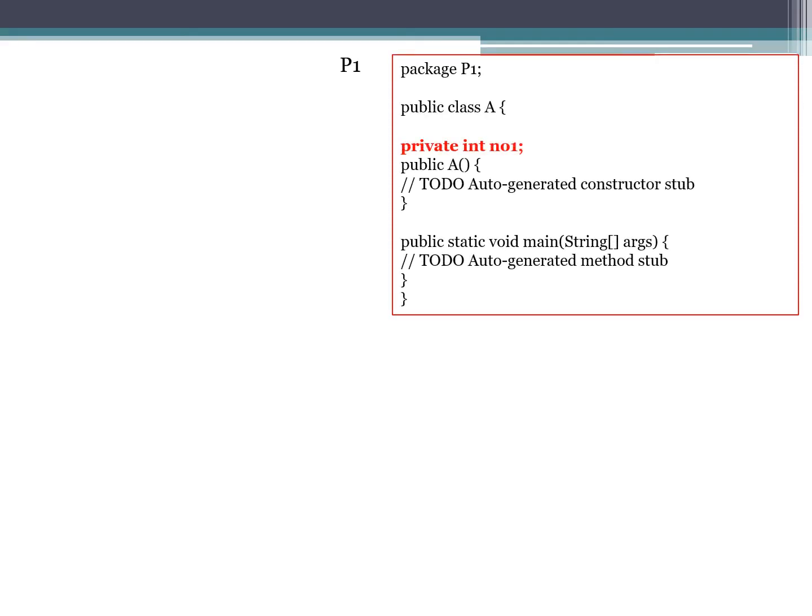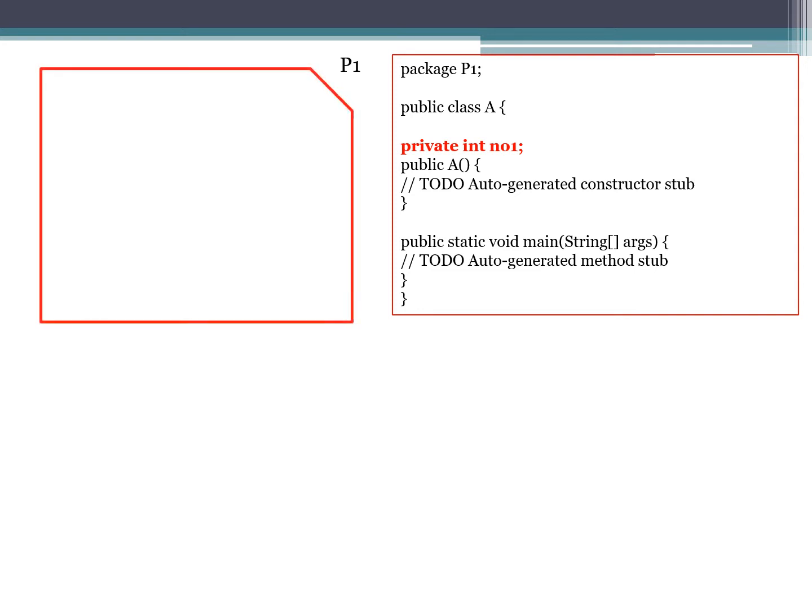Let's consider this programming snapshot where there is a package P1 and in that package there is a class A with its own private member variable.